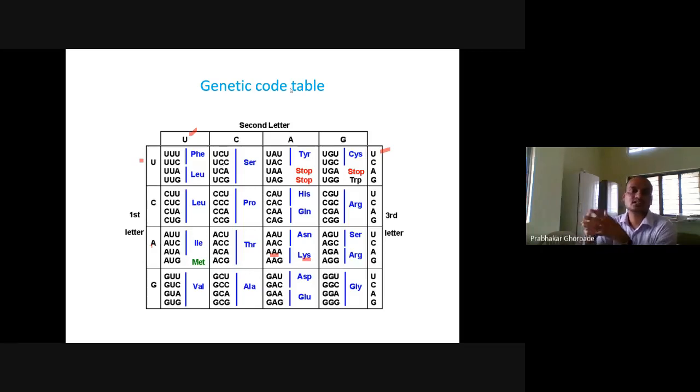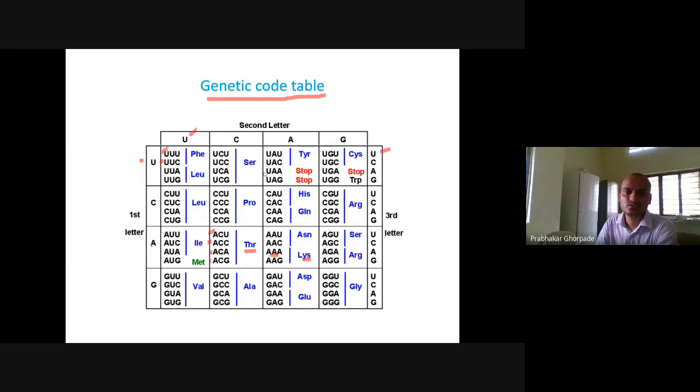Generally we have 20 amino acids in us, and this 64-codon table codes for the different amino acids. Each different sequence will code for different amino acids. So we have phenylalanine, leucine, leucine, isoleucine. Phenylalanine is coded by two codons, UUU and UUC. But threonine can be coded by ACU, ACC, ACA, ACG.